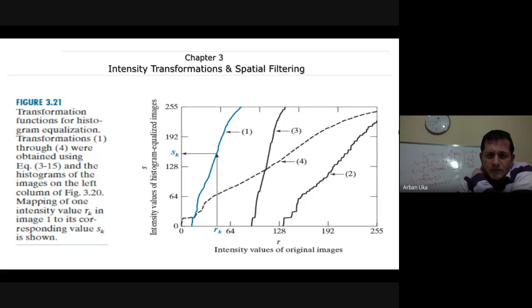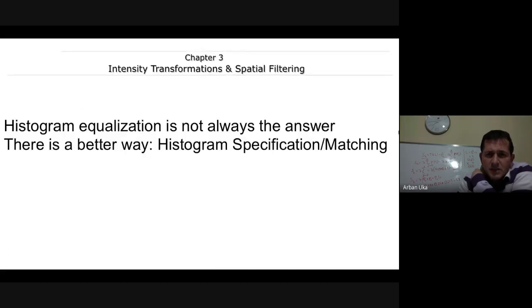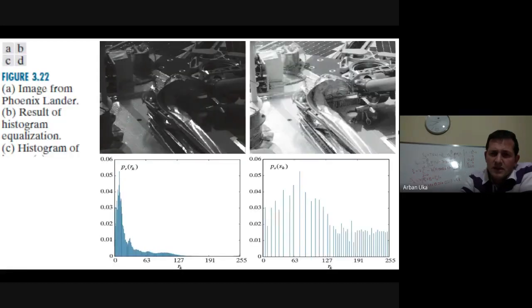Here this is something similar. Now, histogram equalization is not always the best approach. What we can often implement is histogram matching or template matching. What this means is that we can give a specific reference image which has a specific histogram distribution, and we can match the new image with the previous one in order to improve the quality.